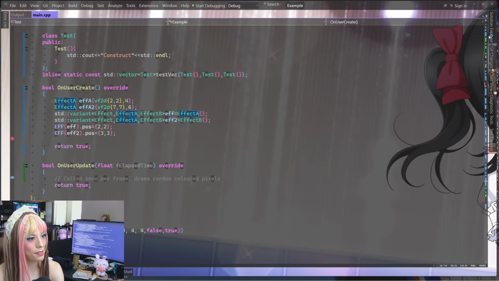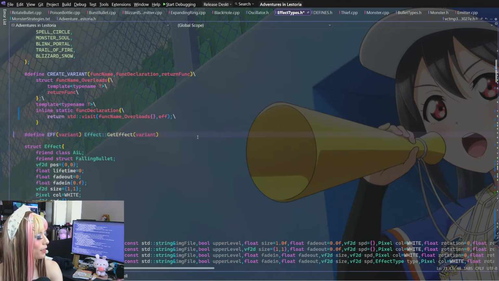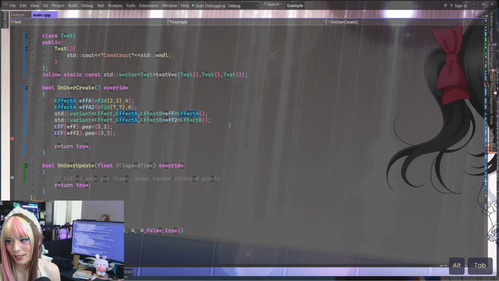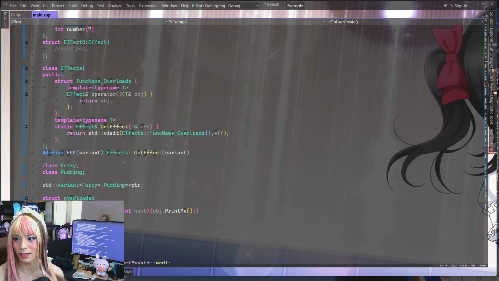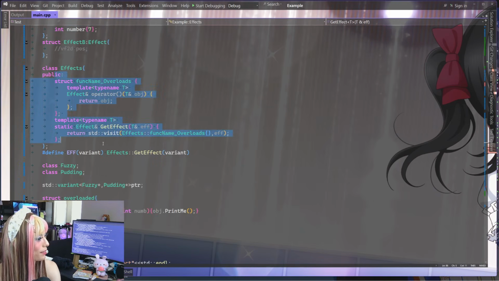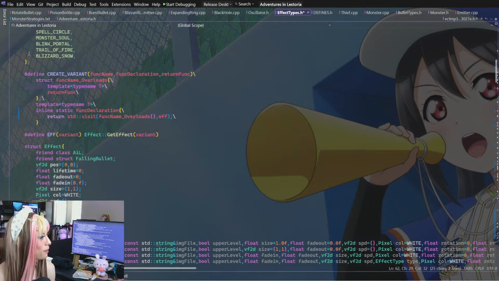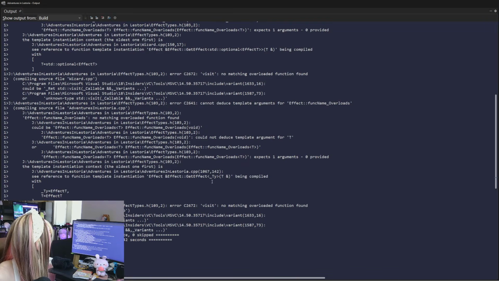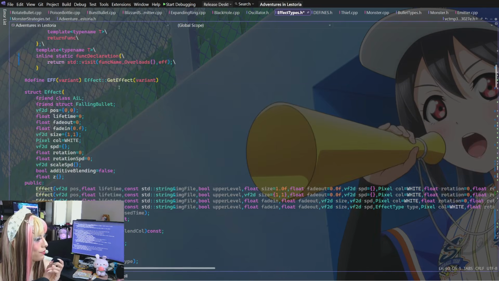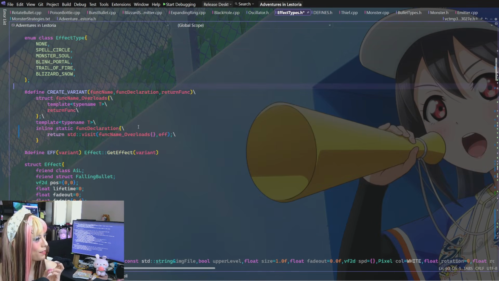I mean, the thing is, it does work here. It's not working here, so that's frustrating. It's like, I either missed something or something is very different here compared to there. So what we end up here with is... just could not deduce template argument. Which is weird. Did not expect to have to deal with this today.